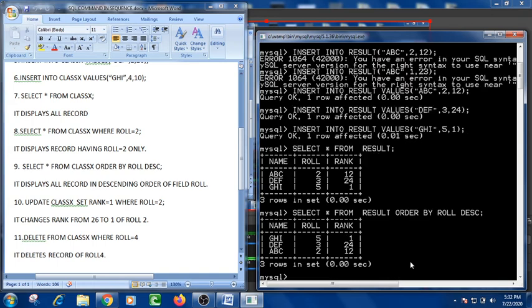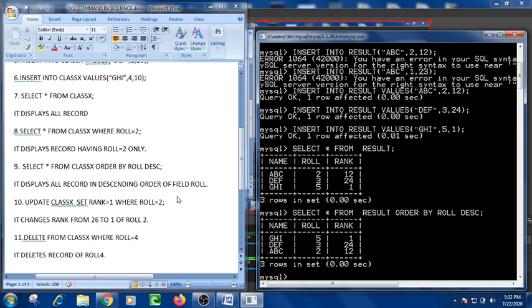Okay, now you can see it. Roll number 5 is now on the top, then 3, then 2. This is the way to use order by. The order by command is always used to arrange the records in ascending or descending order.